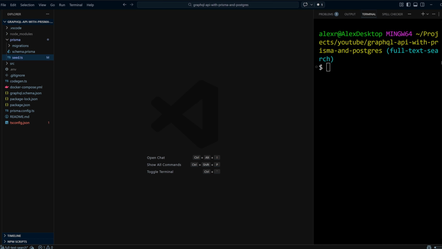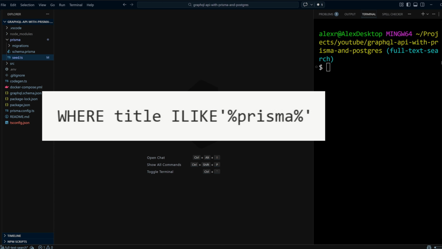And make sure you stick till the end, because I will show you how to implement a full-text search feature in your API using AI. Normally, when we search in SQL, we do something like WHERE title LIKE or ILIKE for case insensitive,